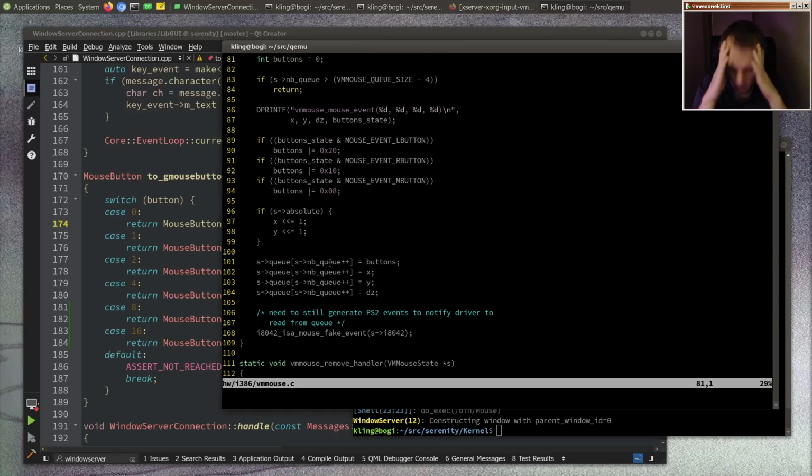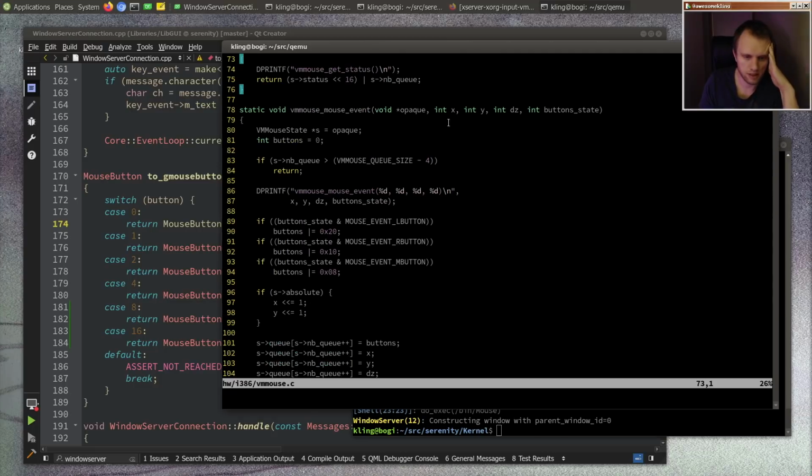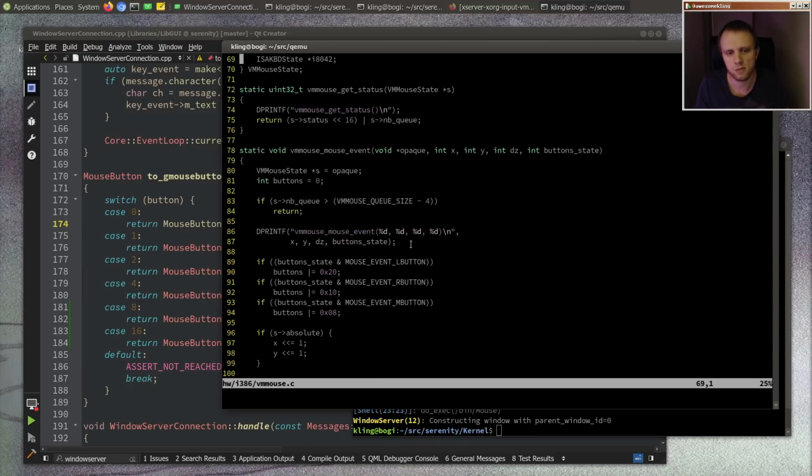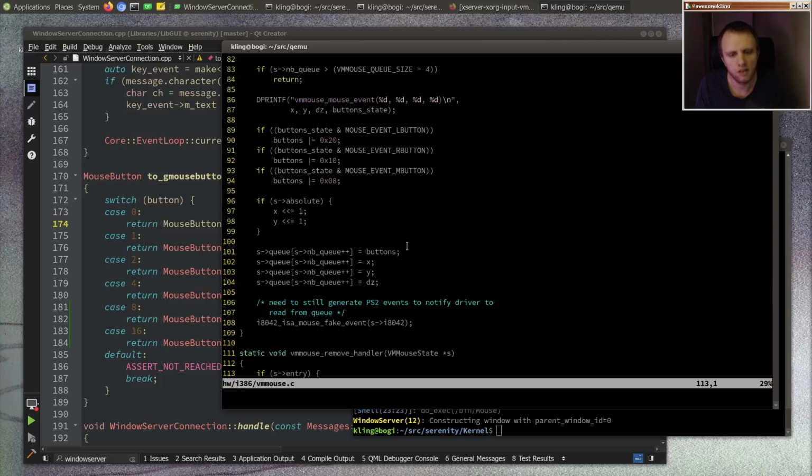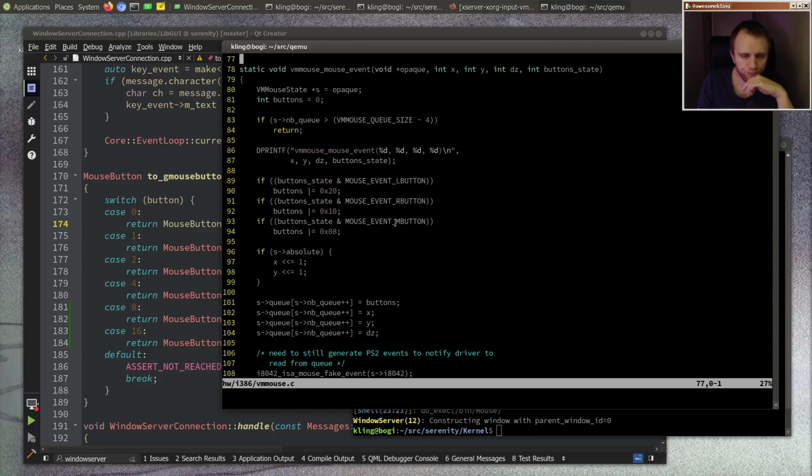Or they know, but the people who did the Xorg driver maybe didn't care because it didn't have a 5-button mouse, and then the people who did QEMU just copied whatever the Xorg driver was expecting, and then now we're here. I don't know. I mean, we could probably